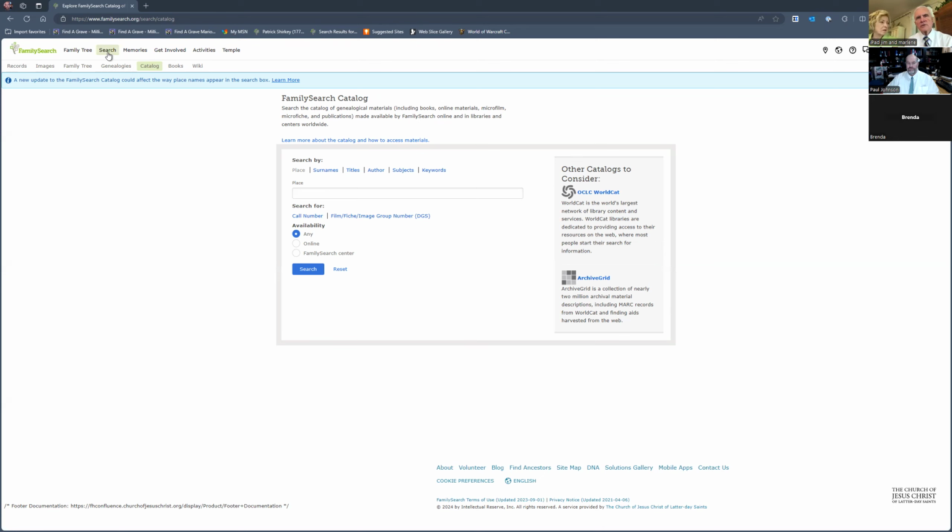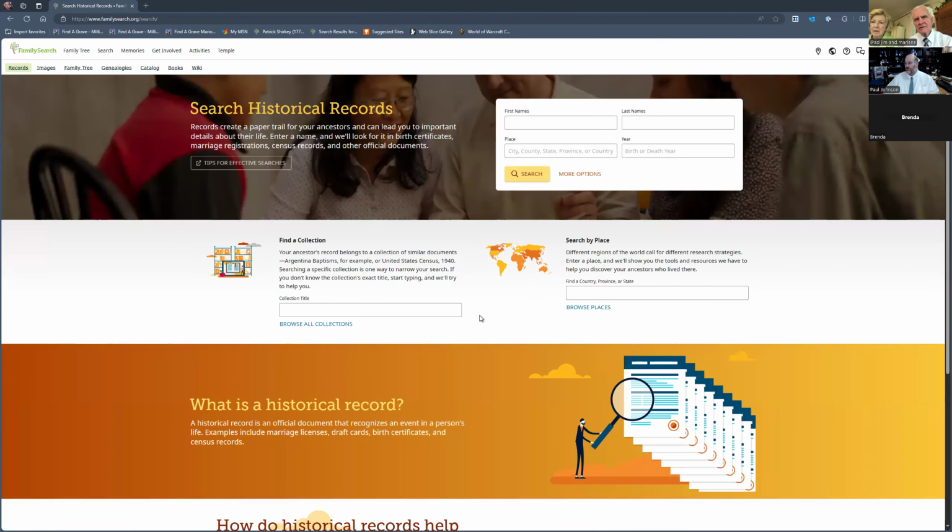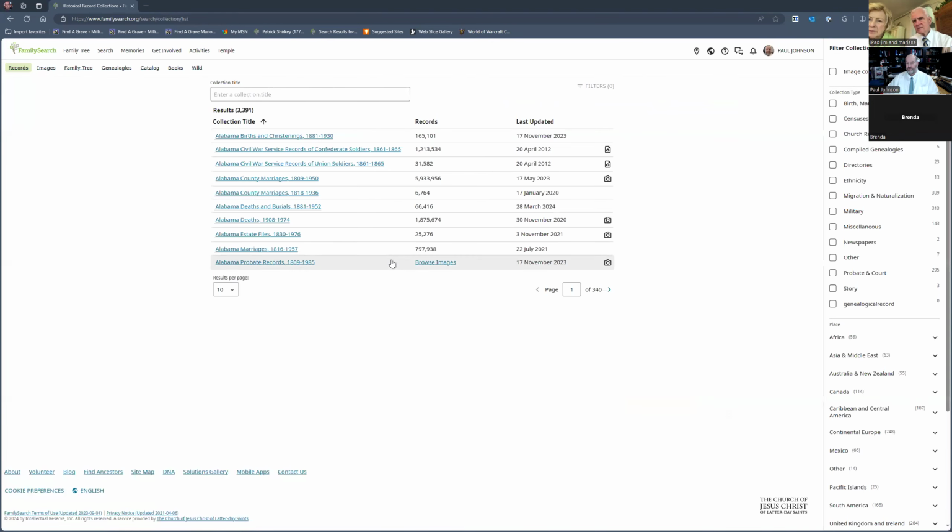I love it. So where do you get to the census? If you just do a general search, it includes the census as part of the search. But you can also go by collection and say, I want to search just a given census or all census records. That's for a certain name. You have a name and then you search the records for that name. But if you want to do a specific census,